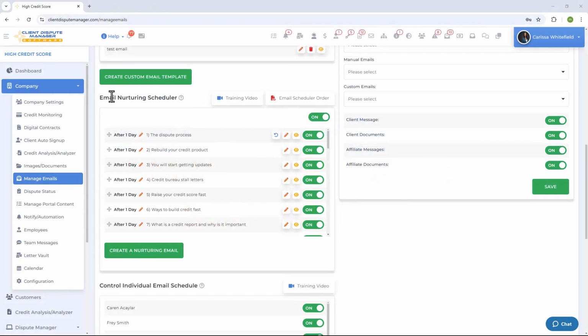In the software, you can find the Email Nurturing Scheduler under Company, and then from the drop-down, just go to Manage Emails. Once you get to the Manage Email screen, just scroll down and you'll find the Email Nurturing Scheduler. Now let's go ahead and do a quick overview of this feature. First, we have our training and resources. Down here, you have the option to turn on and off this Email Nurturing Scheduler,